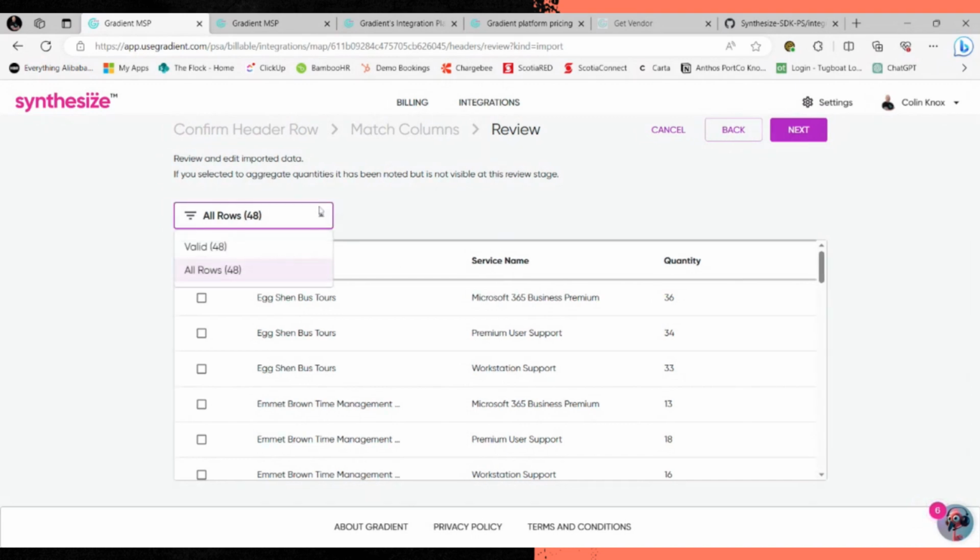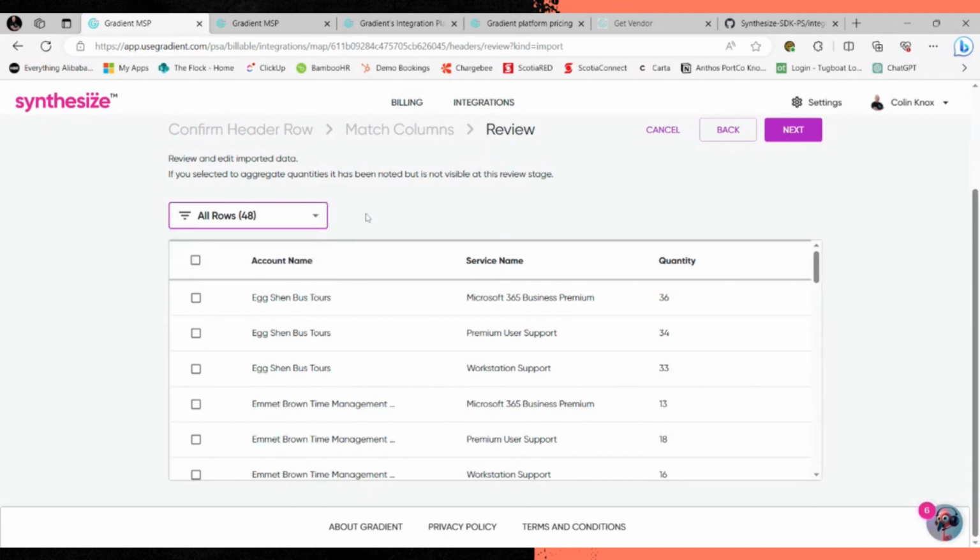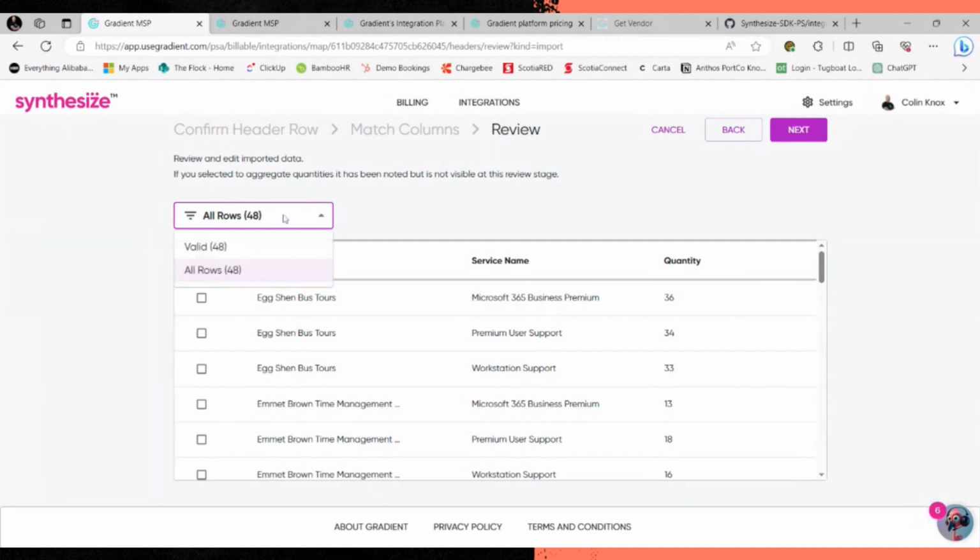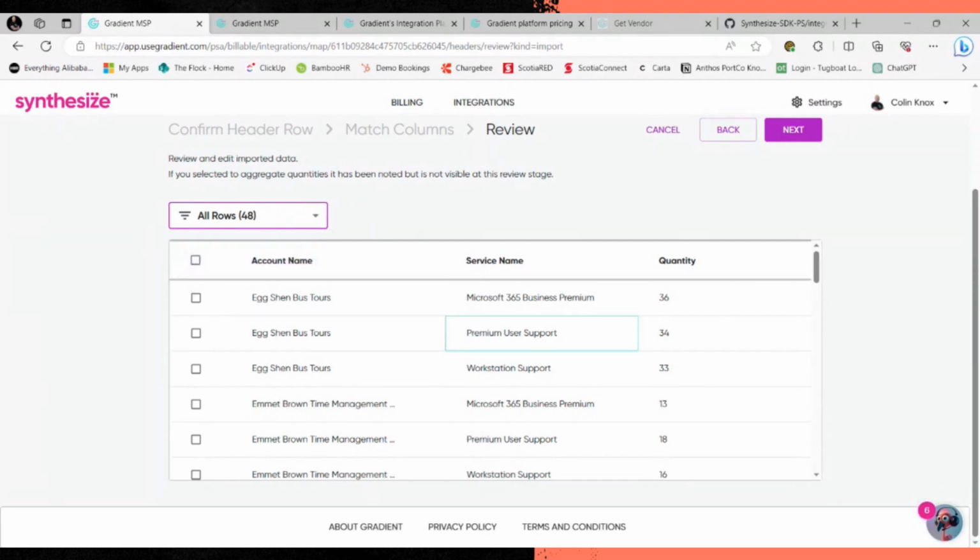Now we've already done a detection to see if there are any errors. If there's a null cell or an empty field, or a text string where we expect a number, any of that, we will show you the errors right away. So this should be selected to errors and you'd be able to see what all those are. Now, this is where it gets really cool, because most other systems say, here are your errors, go correct that file and redo your upload. We don't.